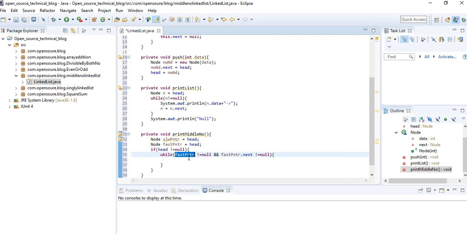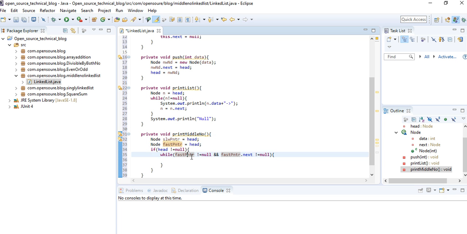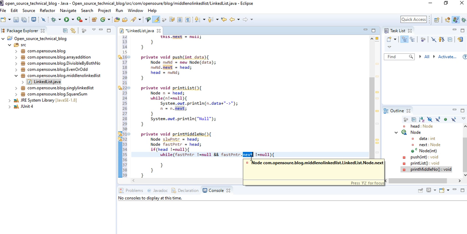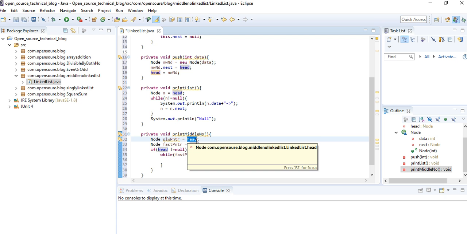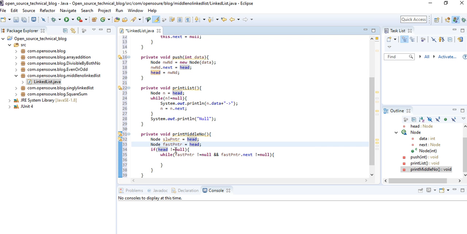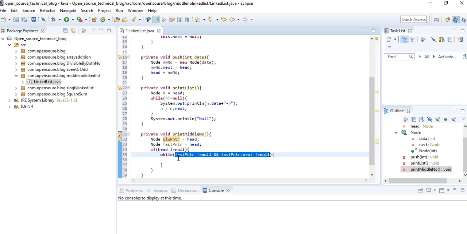This particular fast pointer is not null and fast pointer dot next is not null. Why are we checking this? Because fast pointer will move two steps at a time. So if fast pointer is null itself, then we will get a null pointer exception if you try to access fast pointer dot next. If you are thinking why we are not checking for slow pointer, it is because both are initially assigned to head. Initially we have checked head is not null, then slow pointer is also not null, so we are not explicitly checking it over here.